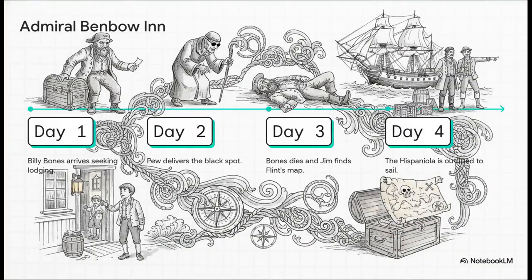And man, the chaotic, suspenseful sequence of events that kicks this all off is just brilliant. We start out at the quiet, unassuming Admiral Benbow Inn, run by Jim and his ailing dad. But then, everything changes. This rough, paranoid sailor named Billy Bones arrives, clearly terrified and hiding from his past. He pays Jim to keep a lookout, but danger finds him anyway. A terrifying blind beggar named Pew shows up, Billy Bones drops dead, and Jim makes this frantic discovery in Bones' old sea chest, a map to the notorious Captain Flint's buried treasure. Boom! The local squire and doctor outfit a ship called the Hispaniola, and the hunt is officially on.